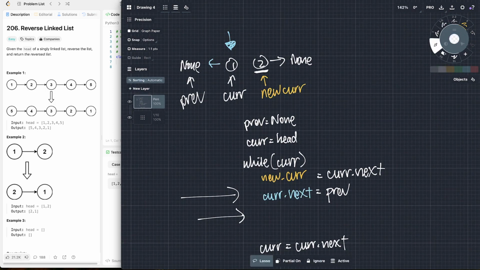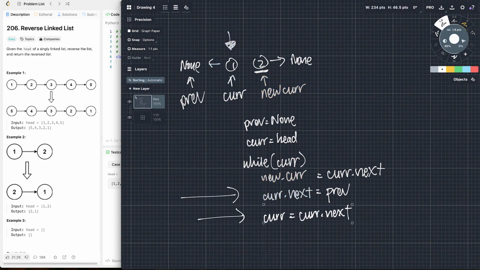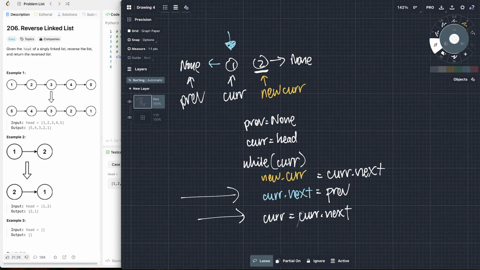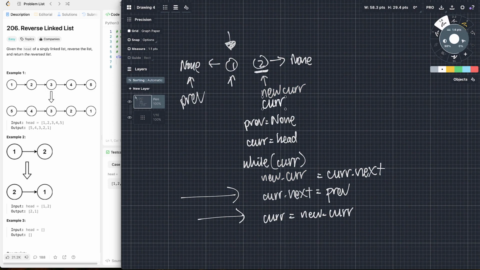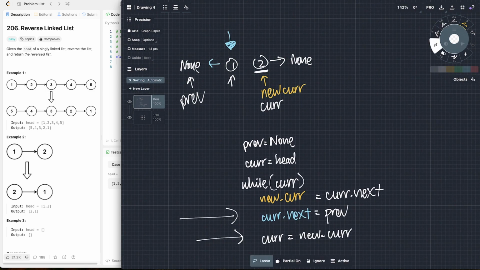Cur.next is this previous. So when that happens, I can totally advance. But cur is not cur.next. Cur is actually new cur. And this is what advancing is, right? And when I advance, I'm going to advance cur to this new cur right here. But what did I leave behind? I left behind prev,